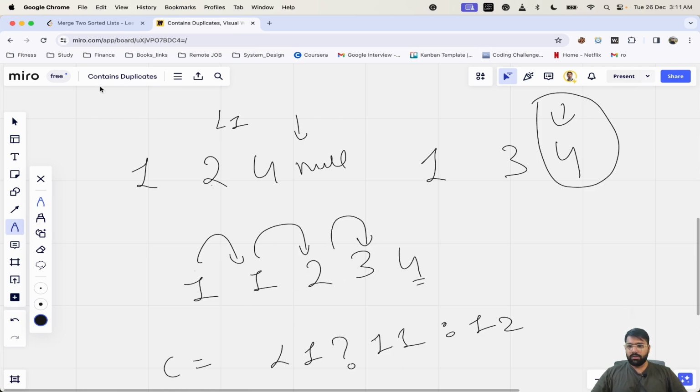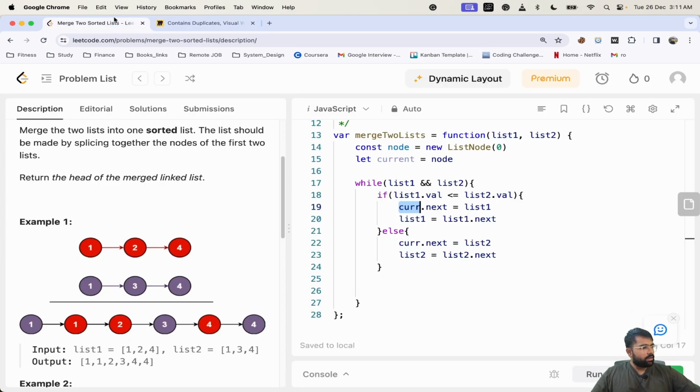So what I'll do is I'll say current.next is equal to